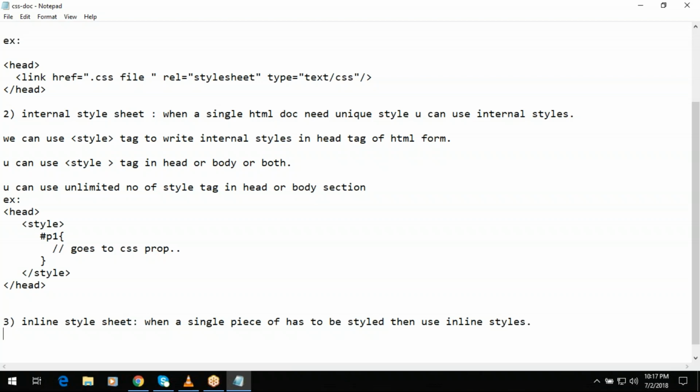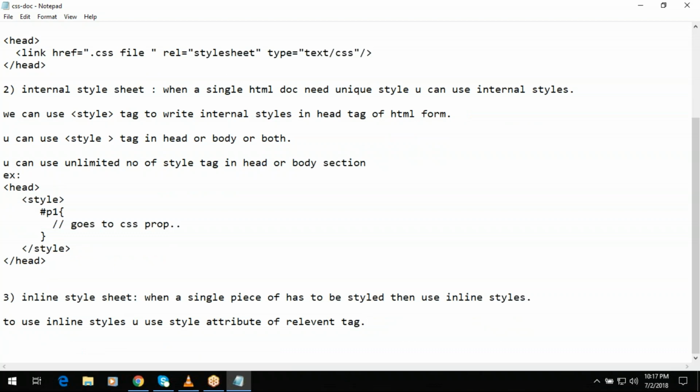So inline styles use the style attribute in the relevant tag only. To use inline styles, you use the style attribute of the relevant tag only. Okay, for example,